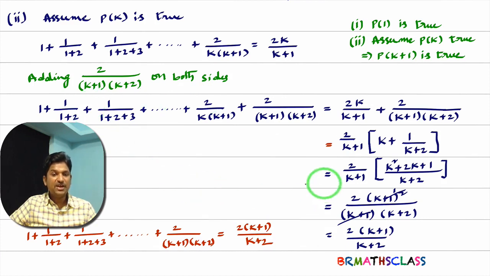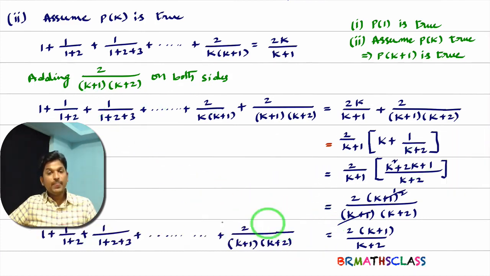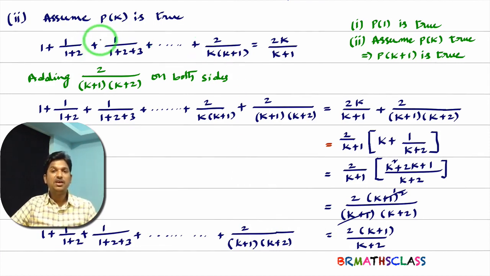Let me write this left hand side part also, we will get some clarity. I wrote this left hand side part also. Now we will discuss the main things. What is our intention in the second part? By assuming P of k is true, we are trying to prove P of k plus 1 is true. So this is true. For this term, after adding a term on both sides, whatever you get is also true. That means this statement is true.